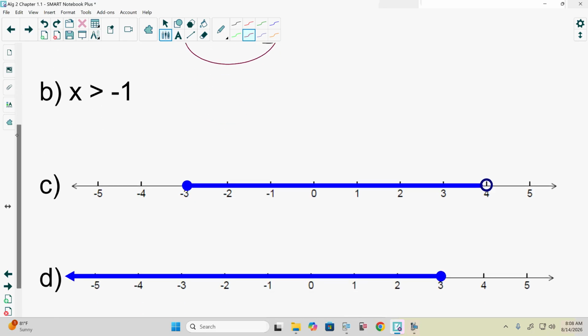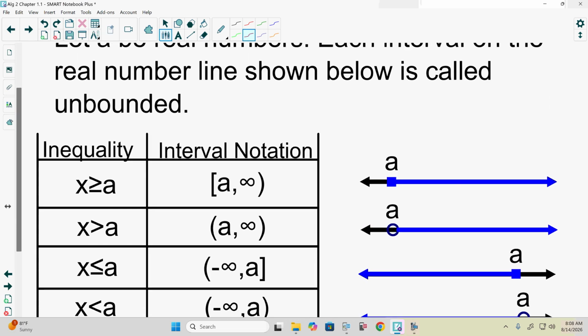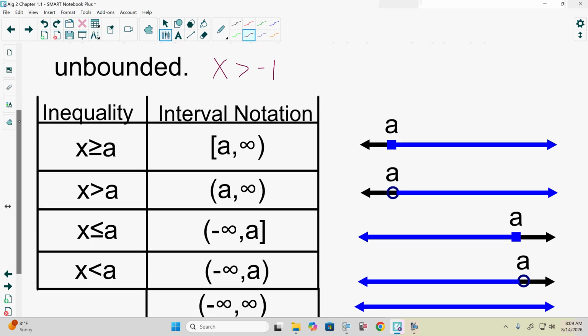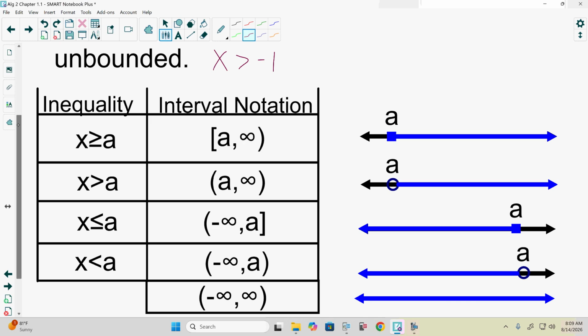X is greater than -1. Is it bounded or unbounded? Unbounded, because we only have one endpoint, yes? I'm going to come over here for our unbounded. X is greater than -1. I'm just going to write it up here so we're not jumping between the two slides. Which of these four does it match up with? Second one. So what we're saying is that A is what? -1, which means I can come down here and replace A with -1, which is telling me I have -1 comma